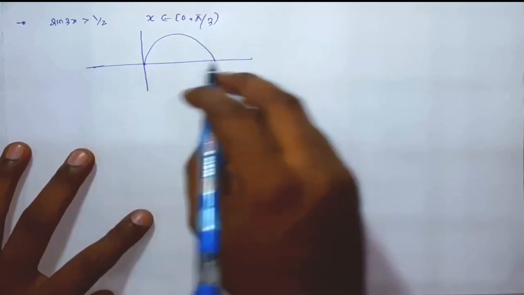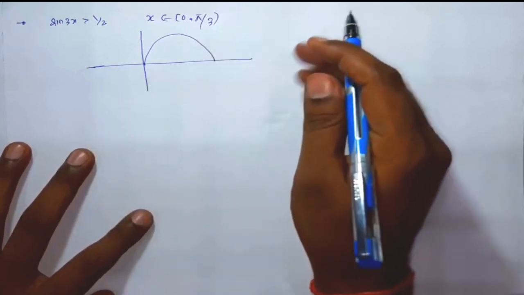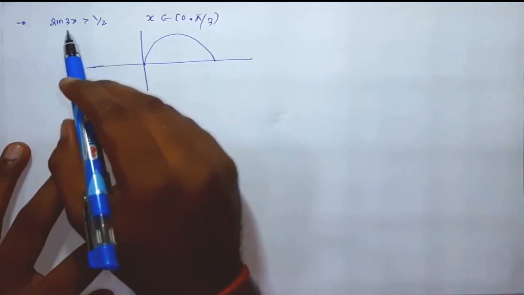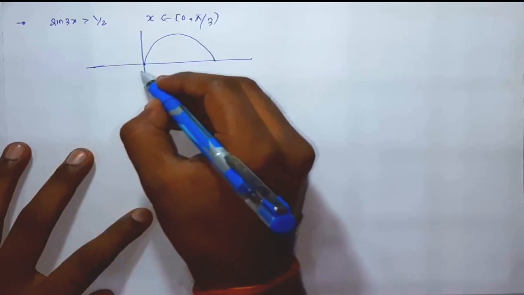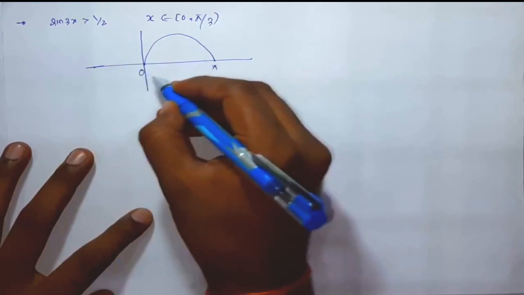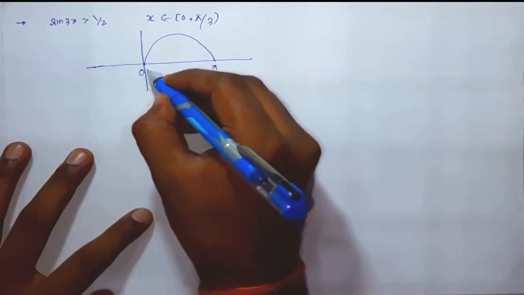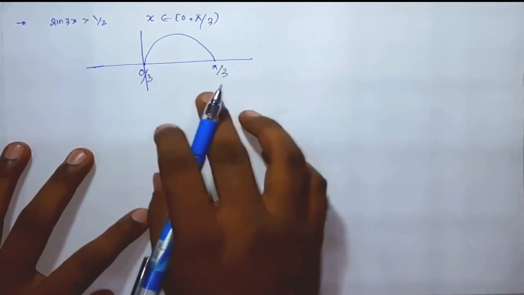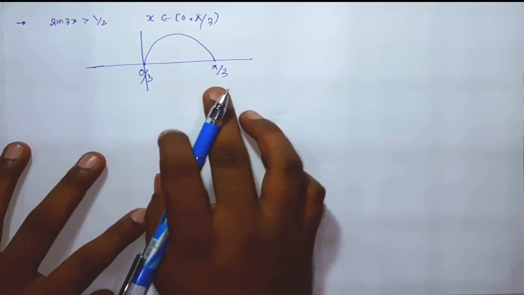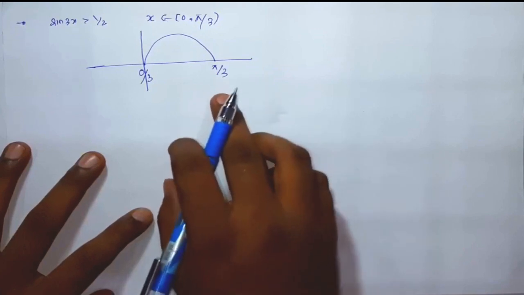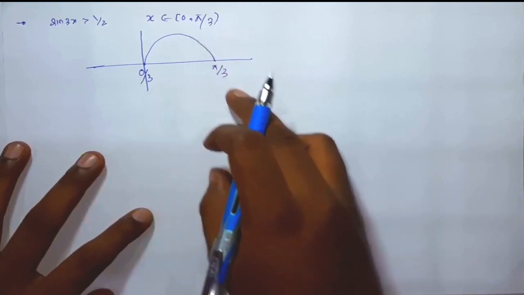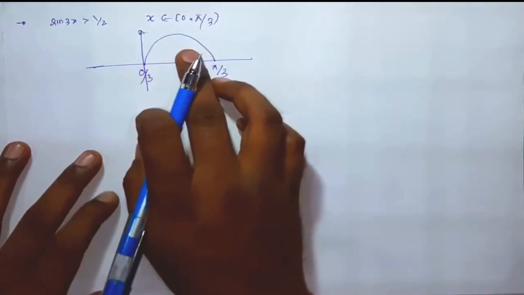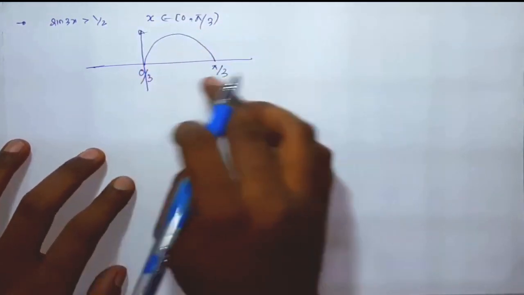Now this is going to be on this side also, but we are going to compress this graph by a factor of 3. This is 0, this is pi. Now we will divide simply by a factor of 3. Okay, so we need to limit the values of x from 0 to pi by 3. So no need to draw the further graphs. Okay, so this is y equals sin 3x, 0 to pi by 3.